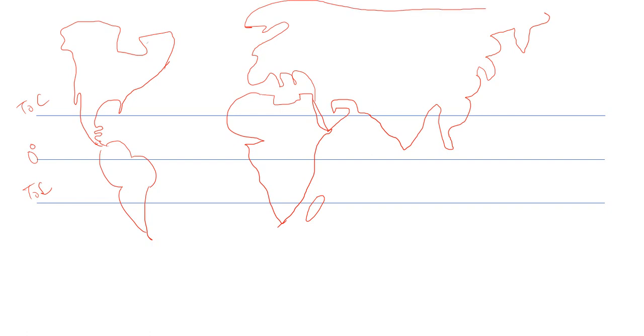Okay, so the purpose is to resemble a world map. We do not have to draw an exact world map, because we have to keep in mind the time also. This is Borneo, then this is Australia, New Zealand, and then we can draw England here. Okay, so this was the world map for you.